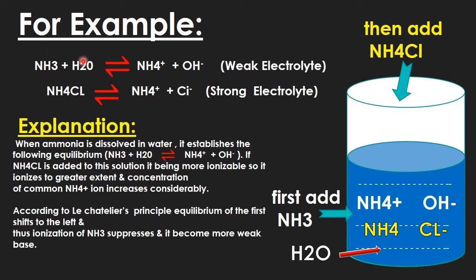Actually, ammonia wants to undergo ionization because it is a base; it wants to undergo ionization with water. But by adding ammonium chloride, its ionization is suppressed, decreased, reduced. Why? Because of the ion which is common. Here we find a special effect, because of the common ion. What we are going to discuss today, my dear students, is one special effect, which is strictly according to Le Chatelier's principle.